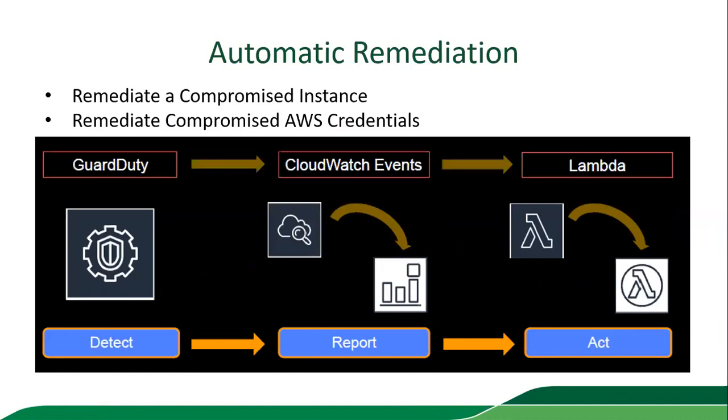For automated remediation, we also touched base. It's mostly through Lambda. So how will it work? Basically, you will have threat detection, which will happen through GuardDuty. Once the threat is detected, you will create a CloudWatch event for that particular threat. You also want to report this event to your security team. You may want to send an alert that this event has happened, right? And after that, a CloudWatch event can trigger a Lambda function to mitigate or take actions